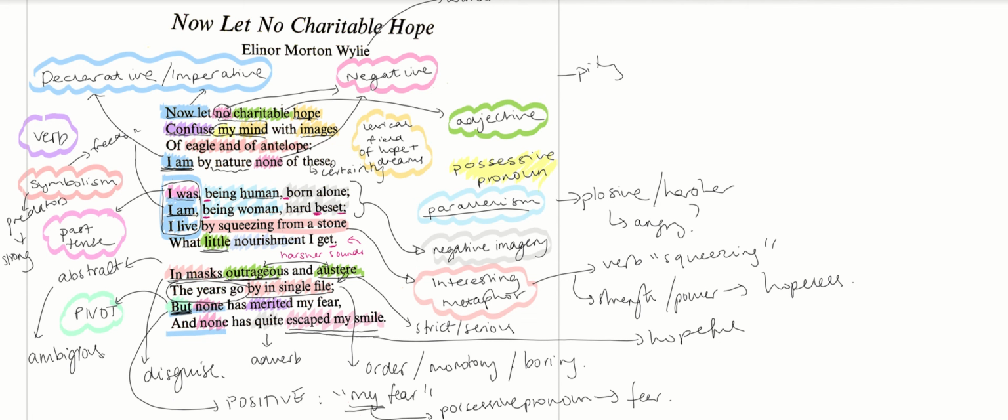So no year of her life has quite, not completely, but has quite escaped her smile. So we have another interesting metaphor there, that life has not been so terrible that she has not smiled, that it has not escaped her smile. So we end in a moment of hope and positivity,